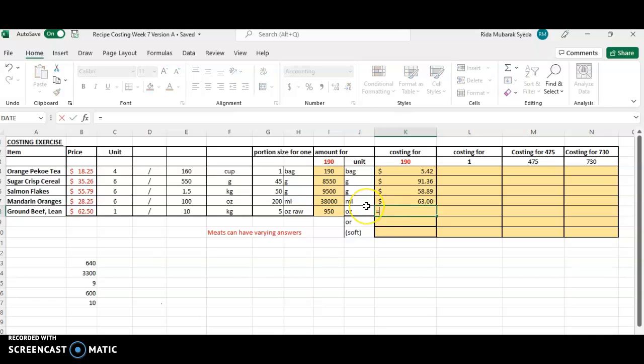So open brackets, price divided by the kgs, close brackets, multiply it by 950 times 28.4 divided by 1,000, close brackets, enter, and we get 168.63 as our price. So for the next one,